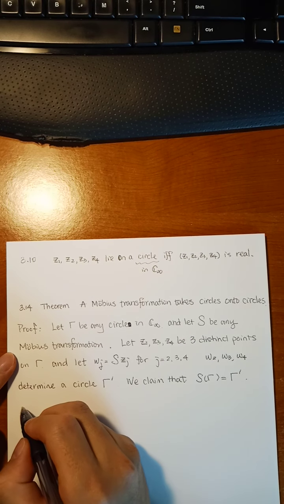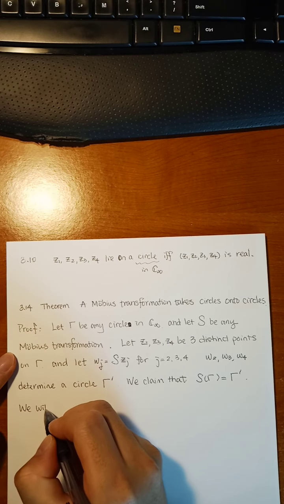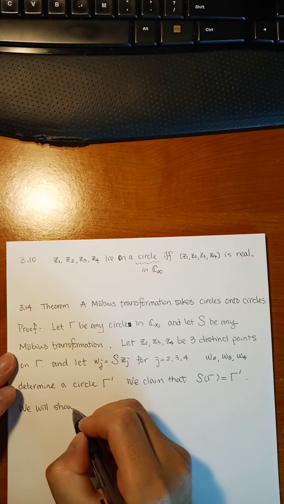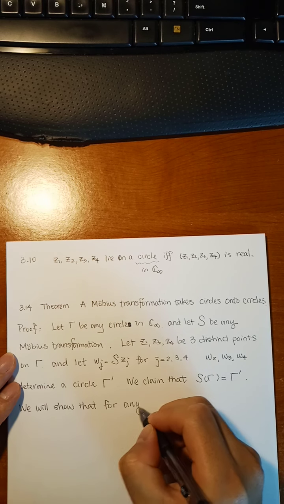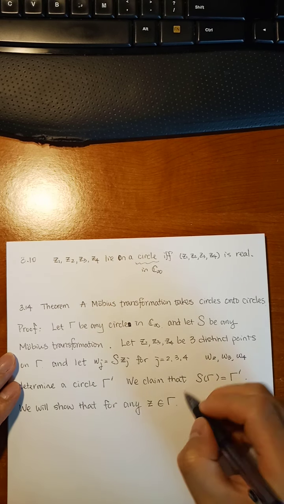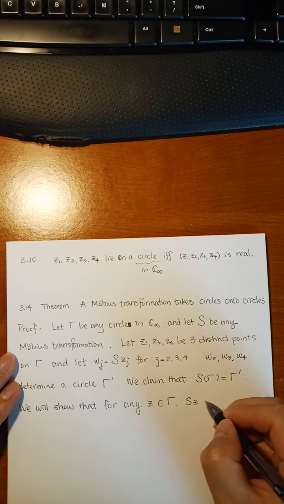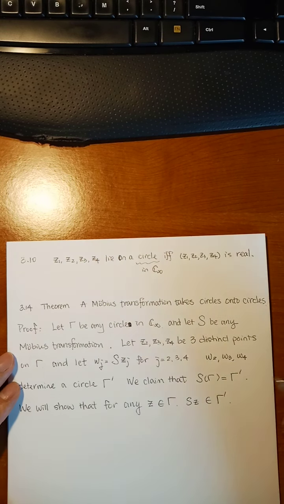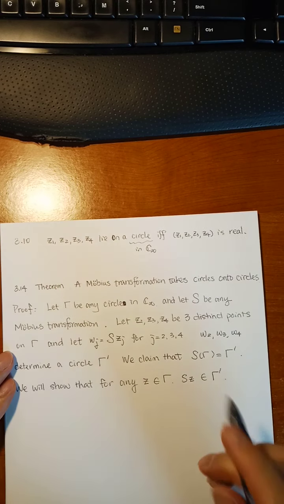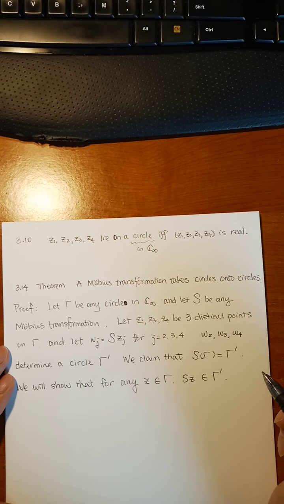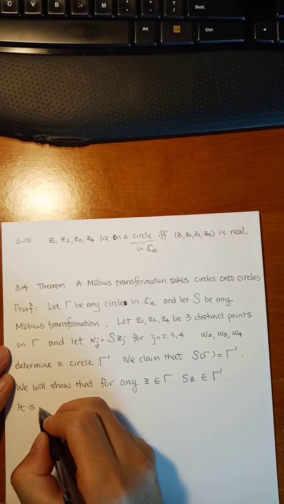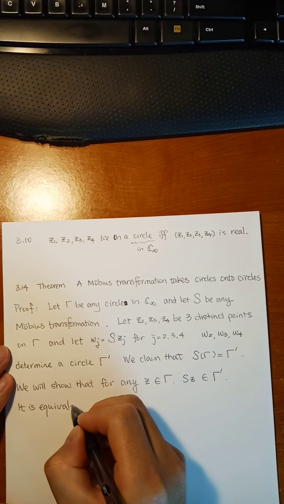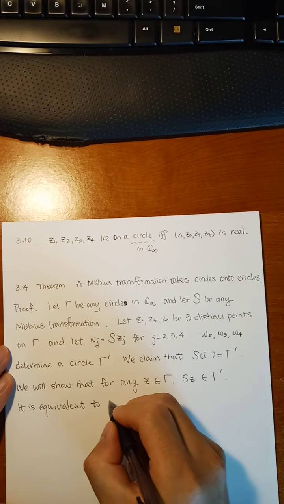We will show that for any z in gamma, its image S of z belongs to gamma prime, right? That's exactly the meaning of this. How do we show that? Well, this is equivalent to showing